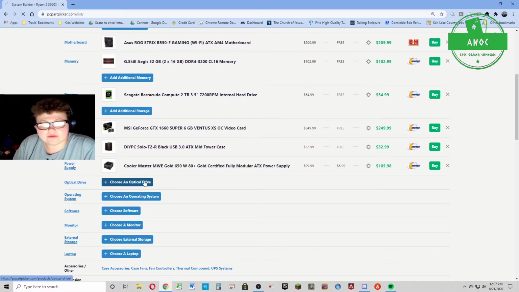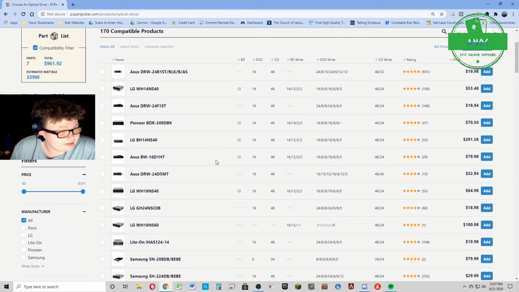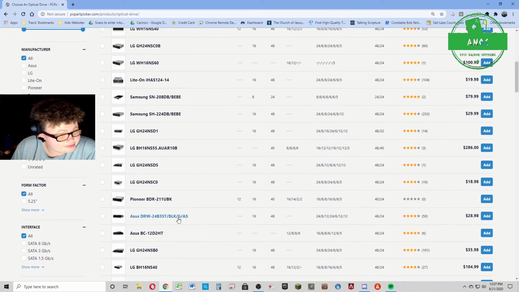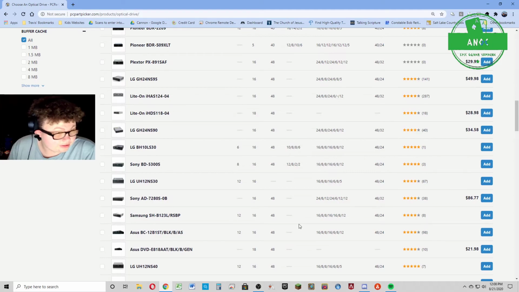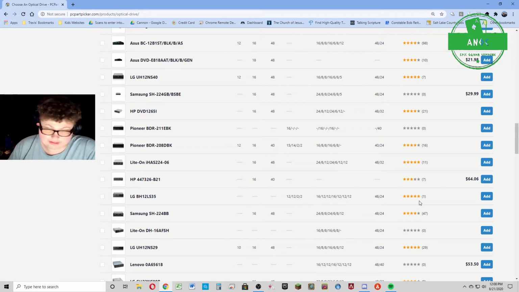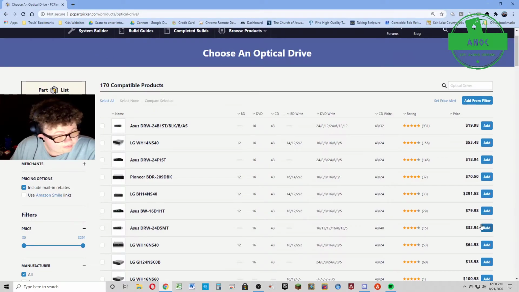Most optical drives, you no longer need them, but you can run them. Optical drive would be like a DVD player. I haven't been running them, but you can. That one's up to you. I think we'll be nice and give him one. The thing that decides whether or not you can actually use an optical drive or DVD player, whatever you want to call them, is your case. So a lot of new cases won't have that slot for them, so you don't need them. But I mean, you can get them, and we'll give him an alright one. We'll give him this